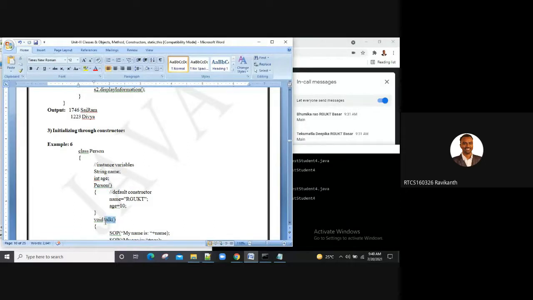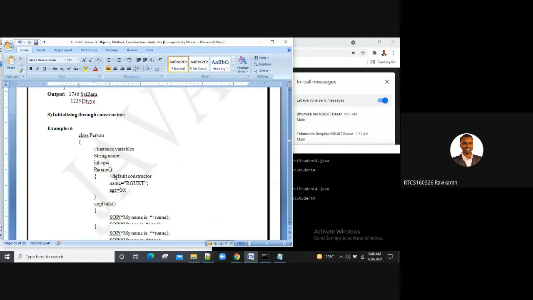Sir, what is the difference between a normal method and a constructor? A constructor will not have any return type, not even void, whereas a method by default has at least void. So if class name and method name are the same, you can conclude it's a constructor.